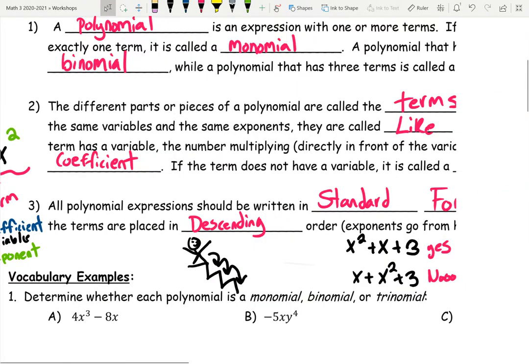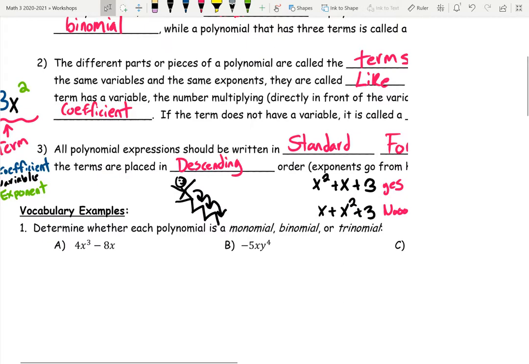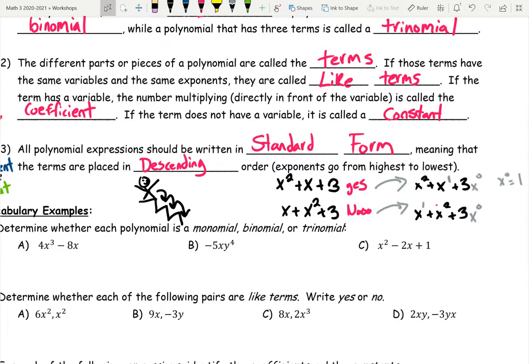Now, the last thing you should know is that all polynomial expressions should be written in standard form, where the terms are placed in descending order, where it goes from highest to lowest. So you want it like the top, where it says x squared plus x plus 3. You do not want it in any other order, and you should have OCD, where you always want to rewrite